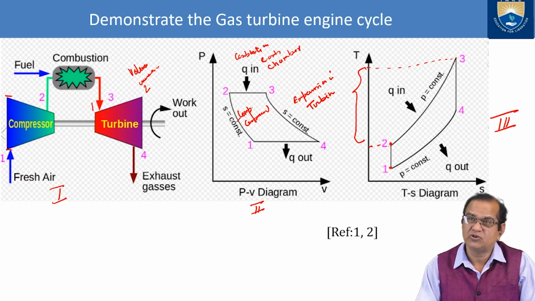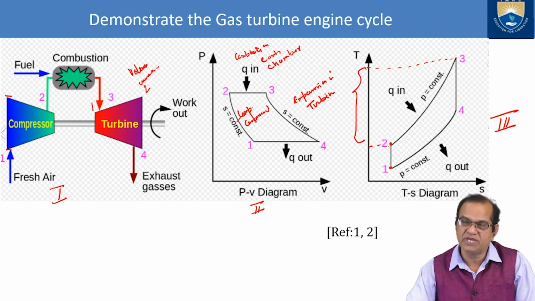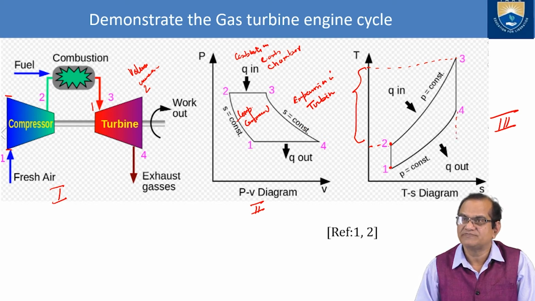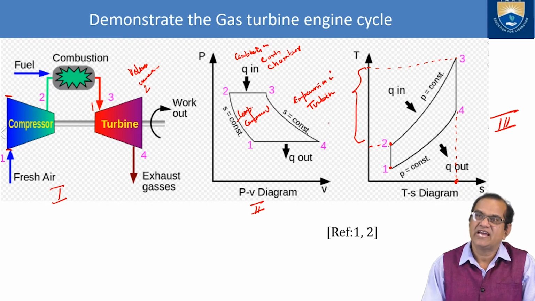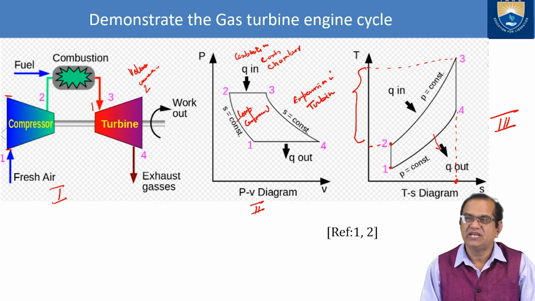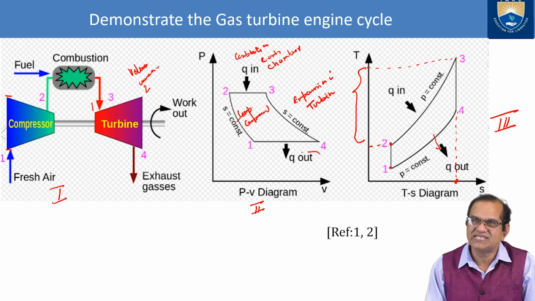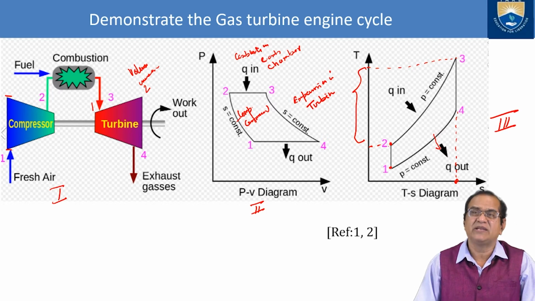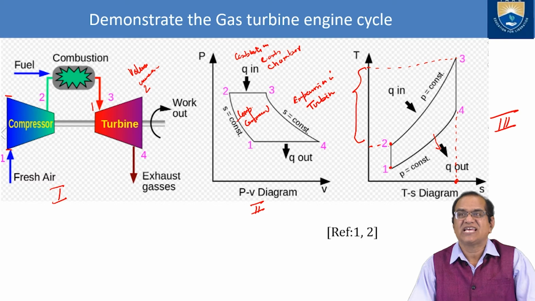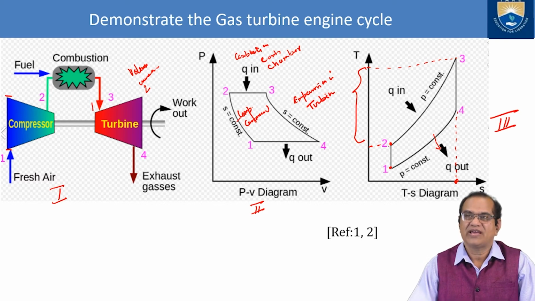Now from 3 to 4 it is a constant entropy or adiabatic process. In that your entropy remains constant. From 3 to 4 temperature also falls down and expansion is taking place, and the work output is done here. Here Q in and here work out or the Q out. The exhaust is taking place here. So in this way this system is working, and here a gas turbine engine cycles and their operating block diagrams are shown